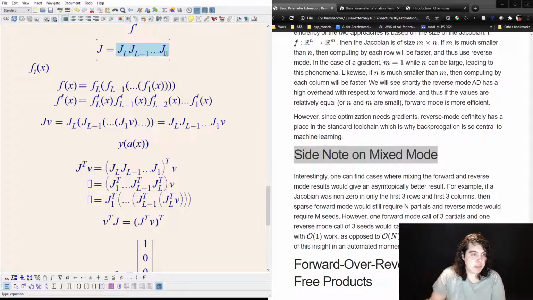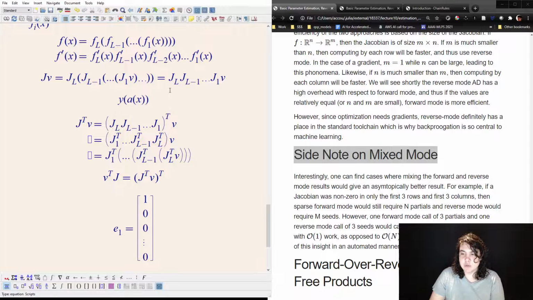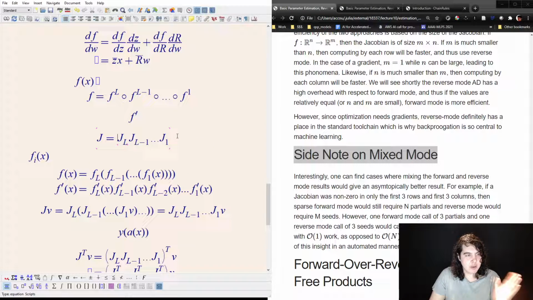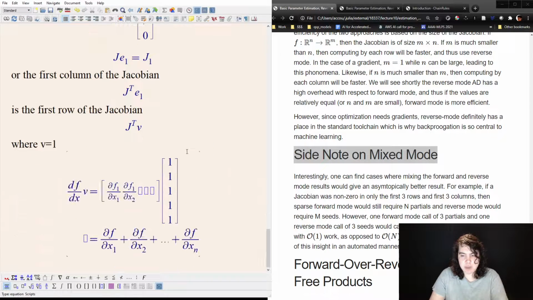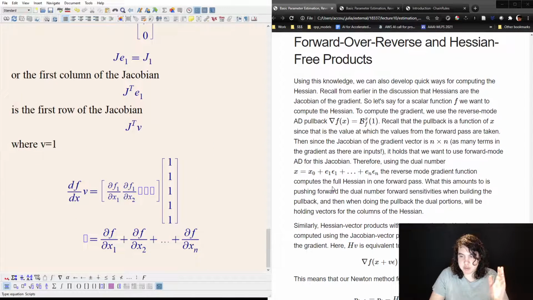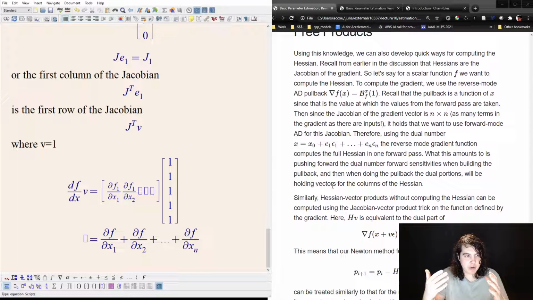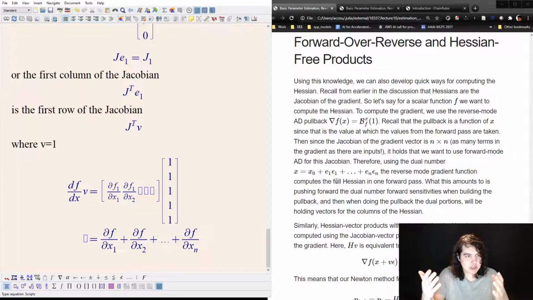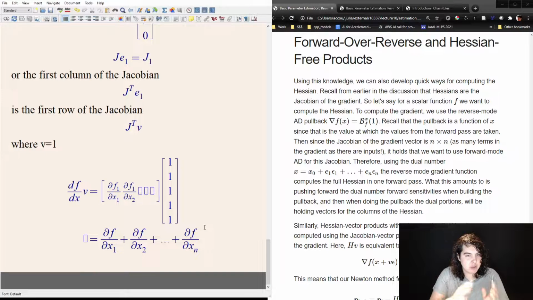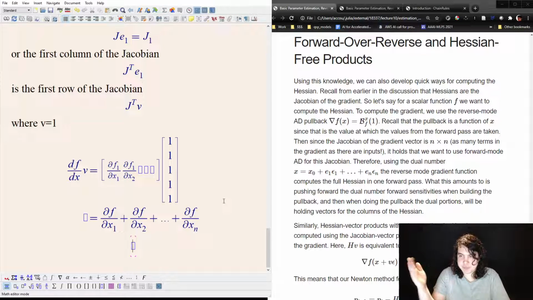You can also do mixed mode AD, where you multiply from the left to the right, and then from the right to the left, and you mix in the middle, right? So there are ways to do not just forward or reverse mode. You're actually mixing forward and reverse mode by doing the computations from both sides. And this is where we start to get Hessian computation, right? Remember that the fast ways to compute Hessians directly come out of this, because the Jacobian of the gradient is the